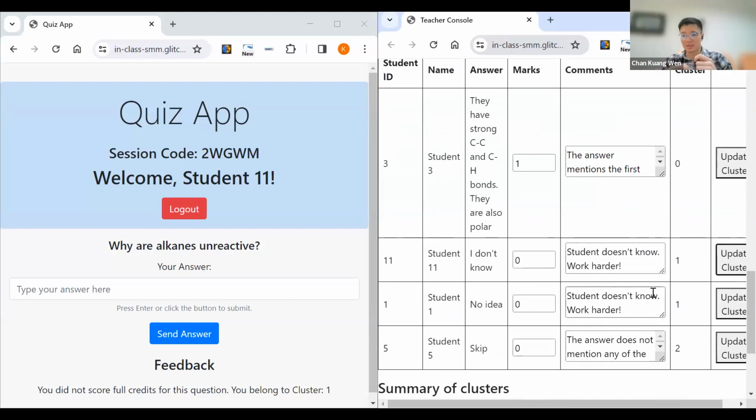So it speeds up the time I take to grade this, because if I'm thinking about a future plan, we are actually going to integrate this into our learning management system so that we can track the students' mastery throughout their 2 years here. Nice. So you don't intend to just use this for in-class interaction. You can use this for homework assignments that are done online. Then you can also grade them by clustering similar responses together.